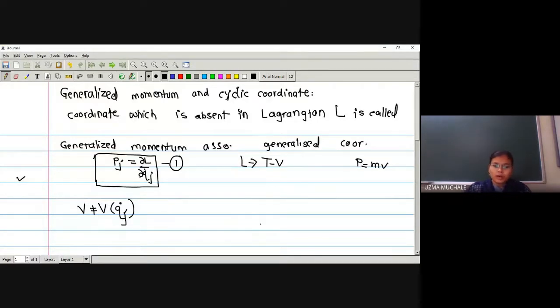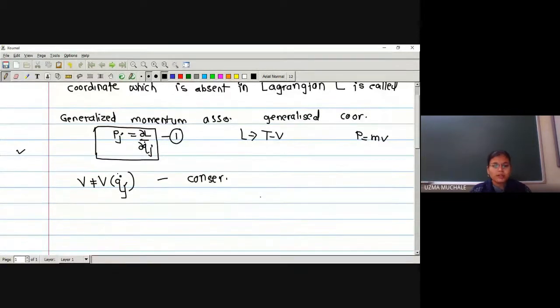I don't know how many of you understood this, or how many of you remember this. Potential energy is not a function of generalized velocity in case of a conservative system. If you are not remembering, you can go back to our lectures on YouTube and you can see, right? So if it is not a function, what will be the derivative with respect to Qj dot? It will be equal to 0. If you have a function f that is not involving x, what will be dou f by dou x? It will be equal to 0. If it is not involving x, obviously the derivative is 0.